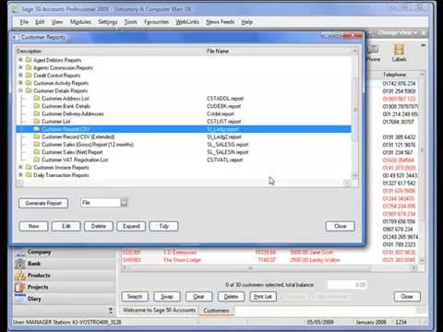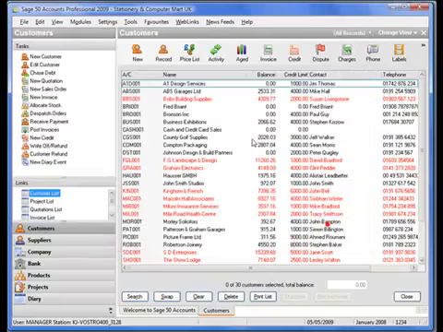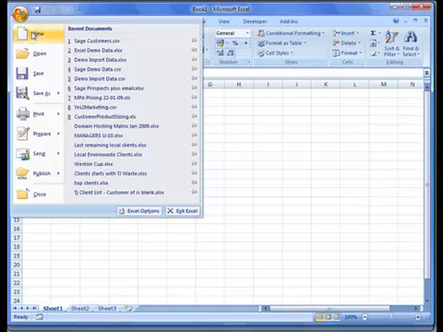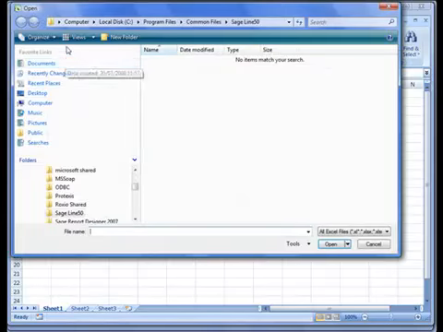So nothing difficult there. That has now exported all of those customers which I have within my Sage Sales Ledger out to a CSV file which now can be read within Microsoft Excel. So let's now open that file. Here we are in Microsoft Excel. If we open up that file on our desktop,